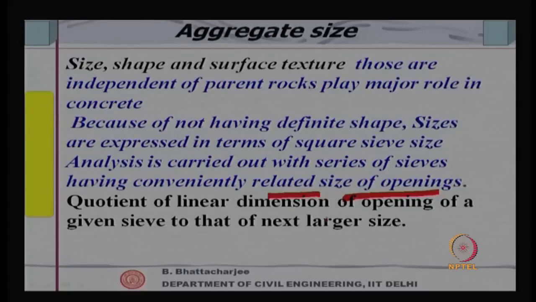Quotient of linear dimension of opening of a given sieve to that of next larger size. Actually, you see the sieve sizes, many things in nature actually do not vary linearly. For example, sizes of these particles, if you talk in terms of some sort of equivalent diameter, or through the sieve analysis you find out the size, you will find that the size varies over a large range. For example, it might vary from something like